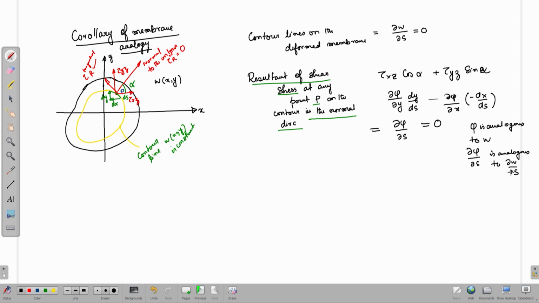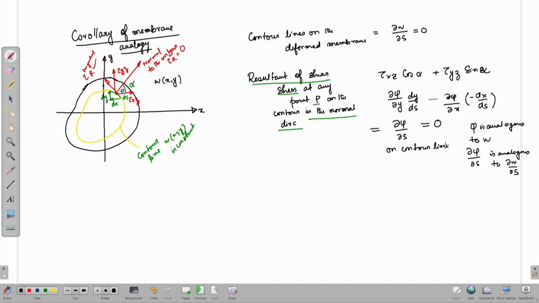Now, since del w by del s is 0 on the contour line, del phi by del s is also 0 on the contour line. Therefore, the resultant shear stress in the normal direction is going to be 0